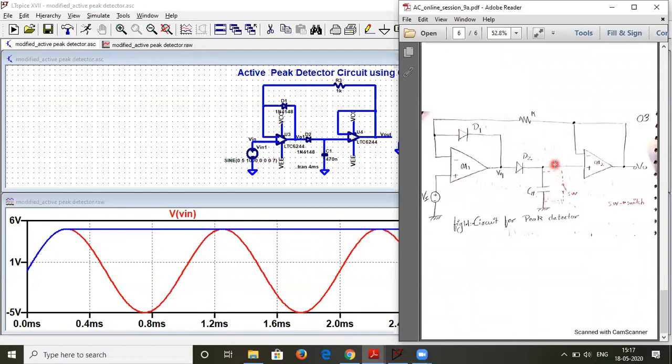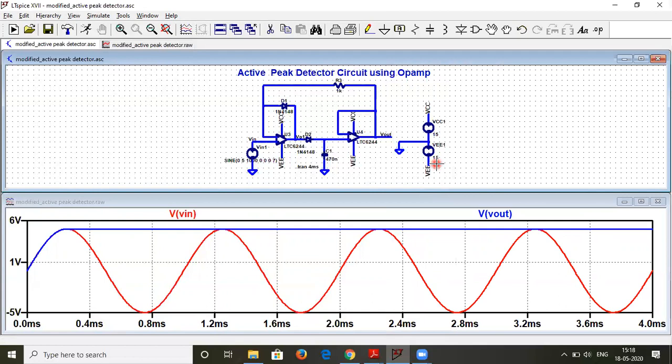The relevant theory for this modified or active peak detector circuit can be found in the lecture 18 handout, for which I have given the link earlier. So that's how the different circuits are present, and we can detect the positive peak of the input signal with the help of an op-amp.